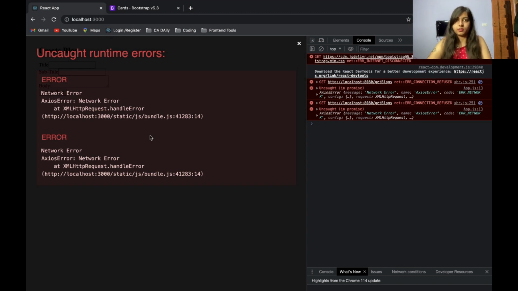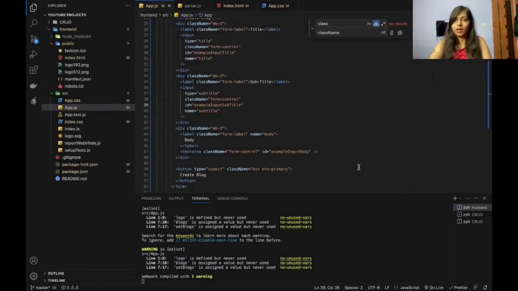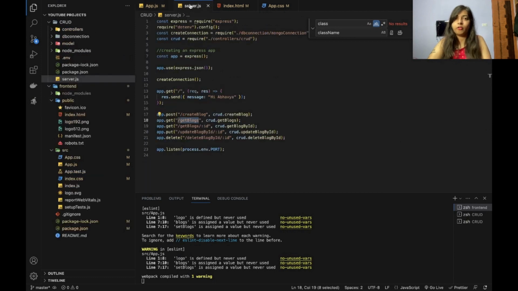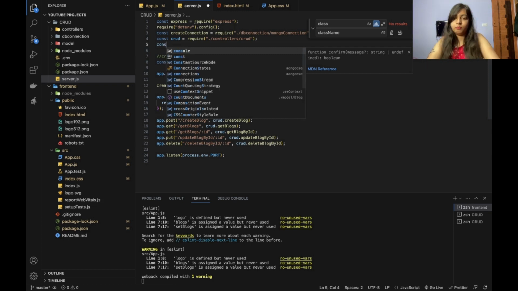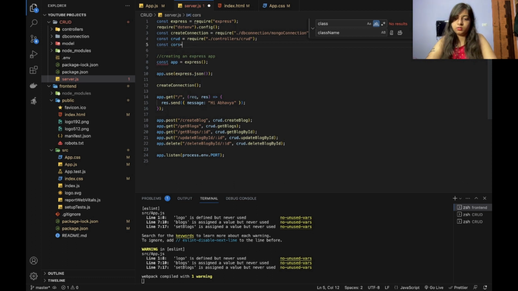Now what we get is our network error. This is because of CORS. So first thing we will do is resolve that CORS error. It is because we are sending a request from port number 3000 to port 8080, so the server thinks it might be malicious and stops it. That is called a CORS request. To bypass that, in the server code of your backend, this was our backend folder, go to the server.js file. This was the package we downloaded; to install it, do npm i cors, and then you can import that as cors equals require